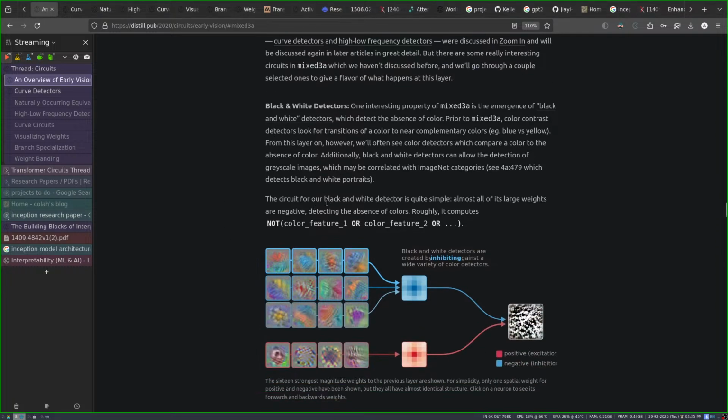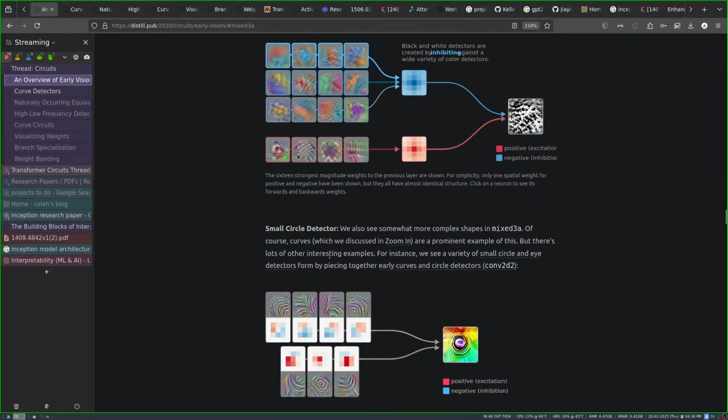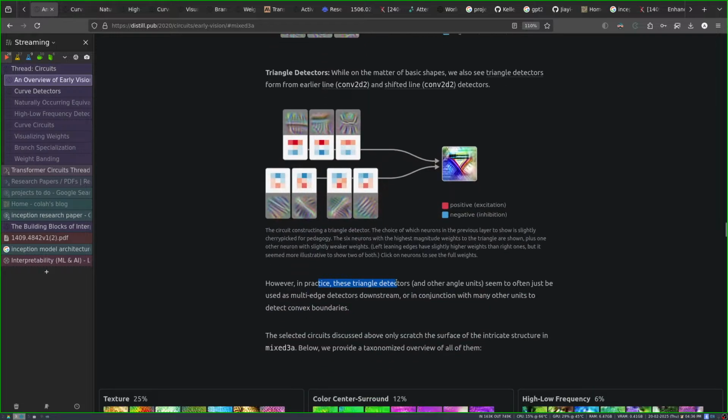Black and white detectors, small circle detectors, triangle detectors. Triangle detection is often said to be just multi-edge detectors downstream or in conjunction with the